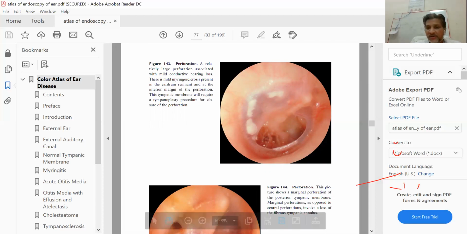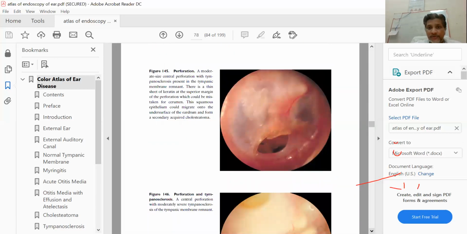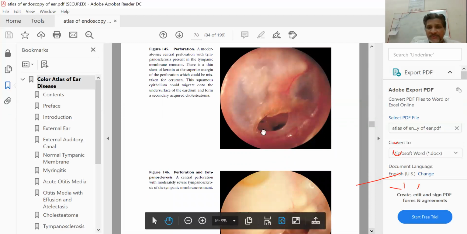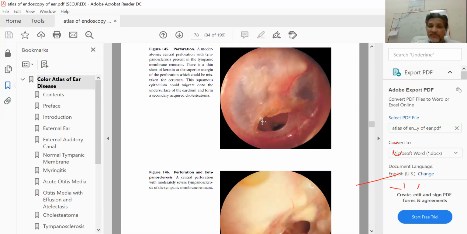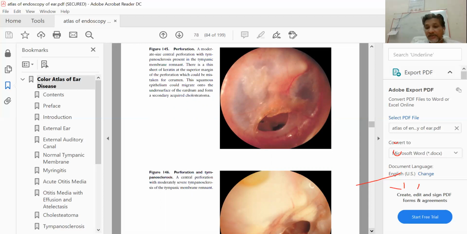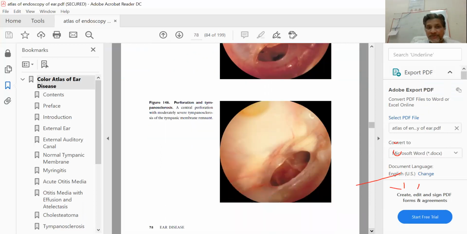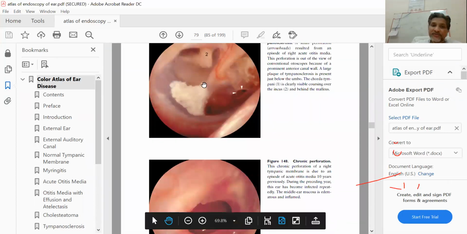So this is again a normal, nothing extraordinary. We already talked about it. So next is again the same perforation. You can see that the margins are now growing. All the margins do not grow simultaneously. Some part of the margin of the tympanic membrane grows faster than others, and if it is approximated to another part, then complete resurfacing can occur. But it depends again on the status of the middle ear, especially the ventilation through the eustachian tube, and the size of the perforation also.